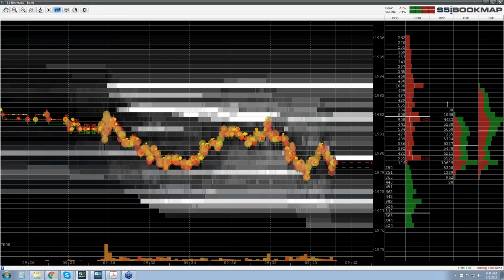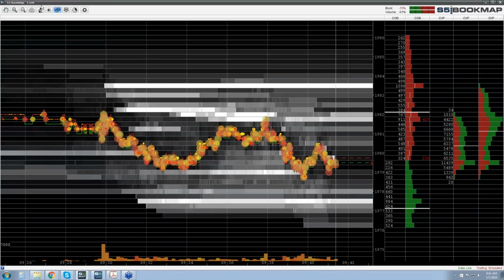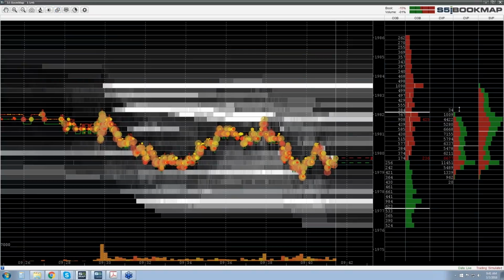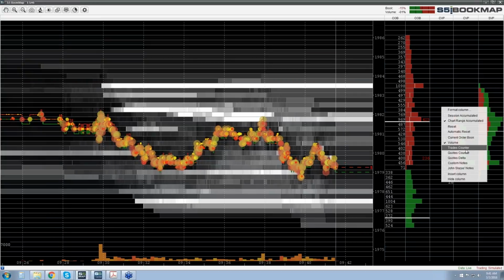There's all sorts of things to go over here. I think I'll just finish up with the columns quickly, and then we'll get to maybe some of these other tools. The columns, though, some of this data here, if you right-click, you can look at volume, trade counter, quotes